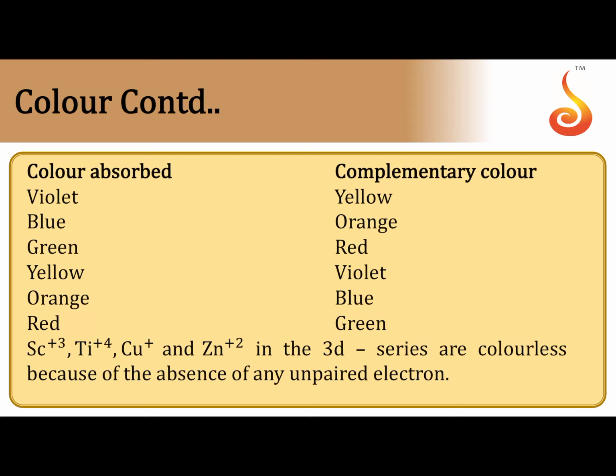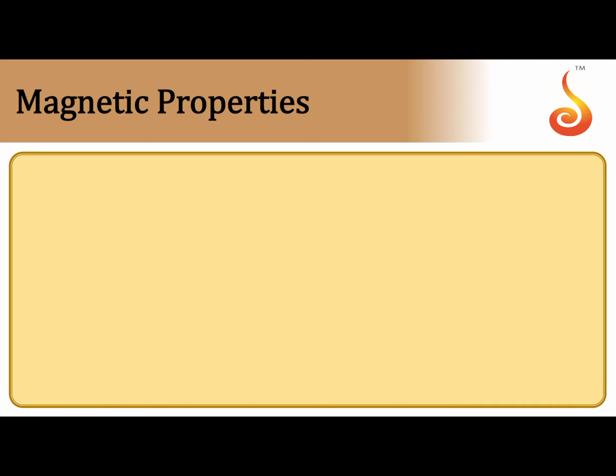So, you observe the color. When d block element absorbs one color from visible light, dd electron transition takes place. So, one color when it is missed from white light, the remaining all 6 colors together can exhibit another color. Both are called complementary colors. So, you observe the tabular form. Violet color, when the d block substance absorbs violet color, the complementary color is yellow. So, the substance appears in yellow color. Similarly, blue, orange, green, red, yellow, violet, orange, blue, like this you can observe.